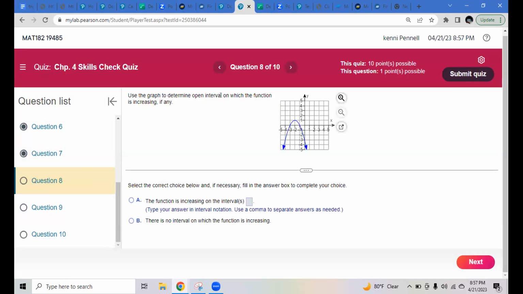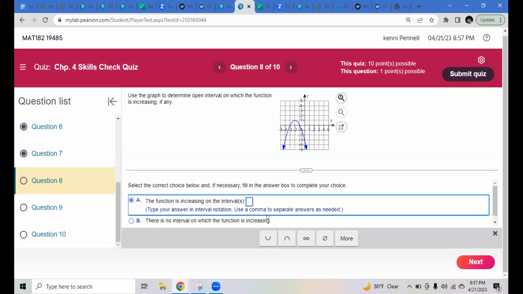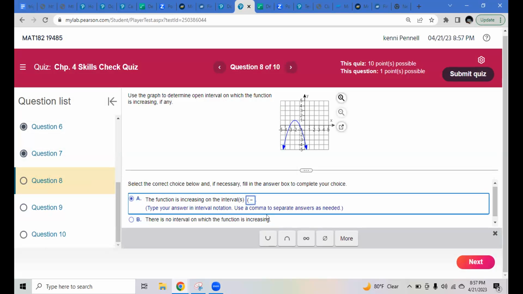Okay, so this one is increasing where it's going up and to the right. So notice it's going up and to the right until it gets to -2. So it's everything from negative infinity, so open parentheses there, negative infinity, comma, -2,